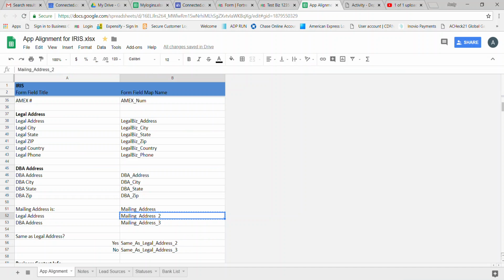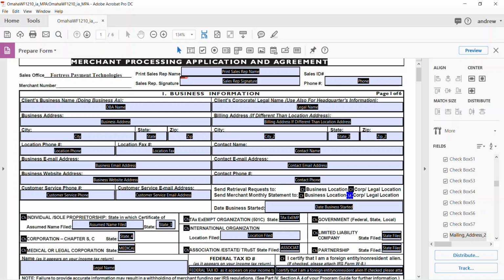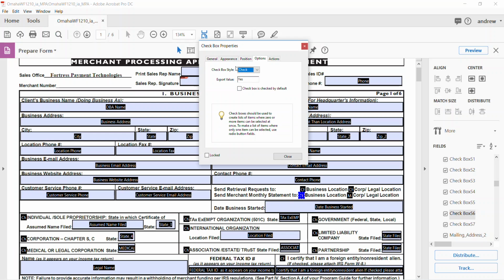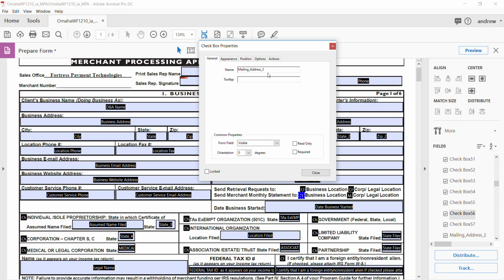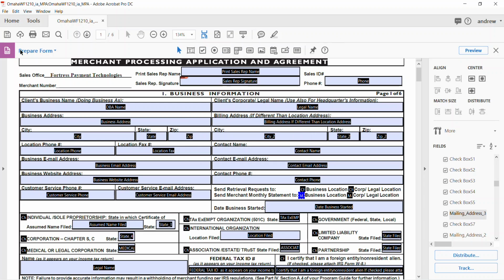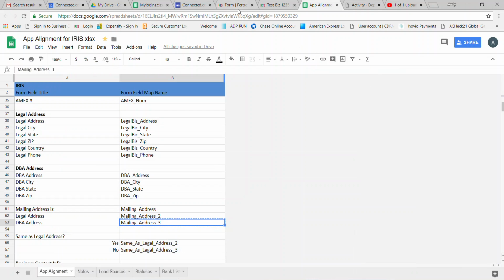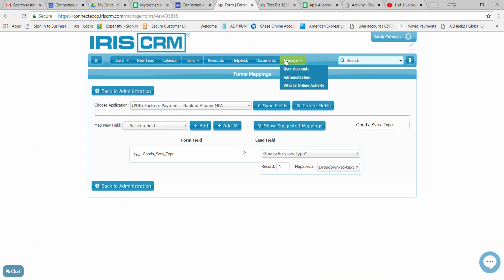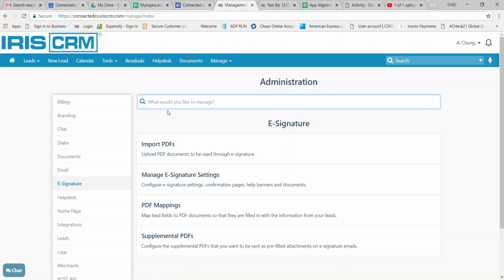Okay, so we're going to go back to our little mapping, and take the DBA address with the mailing address and the number 3 at the end. And we're going to go back to the business location tab checkbox, and populate it right there. We're going to make sure that the export value is yes, and click close. Then we're going to save this, and upload it into Iris. If you need a refresher on how to upload the videos, there is a video in the wiki that teaches you how to do that. So I'm not going to do that,